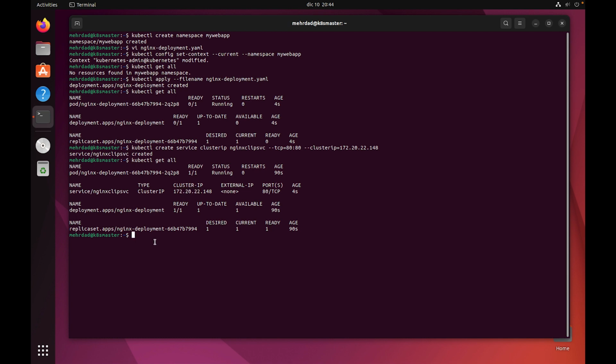But we also need to set a selector for our cluster IP service. So let's do that. Set selector service nginx-clusterip-svc,